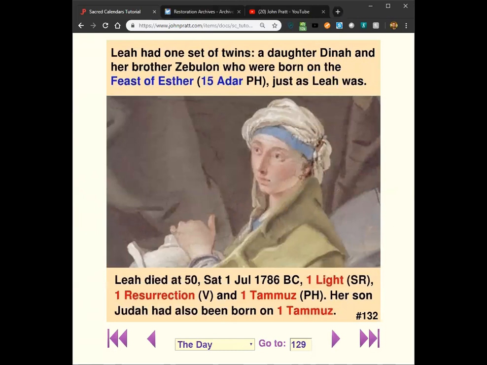So of her, she had 7 of those 12 children, and 7 children in 7 years, okay? And was grieving over having a barren period where she gives her maid. I mean, I don't know how many women here have had 7 children in 7 years and are grieving over a barren period. But 2 of those children were twins, and she was about a year without a child. So anyway, Dinah and Zebulun are twins.